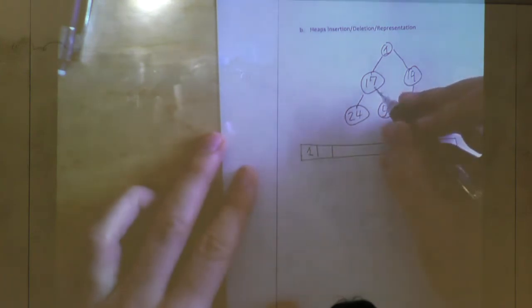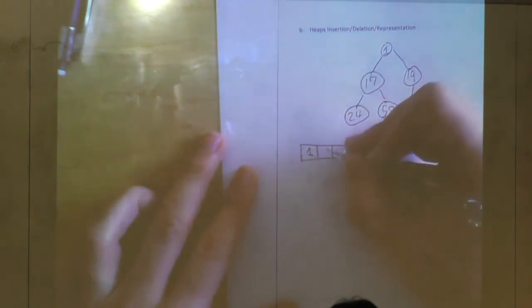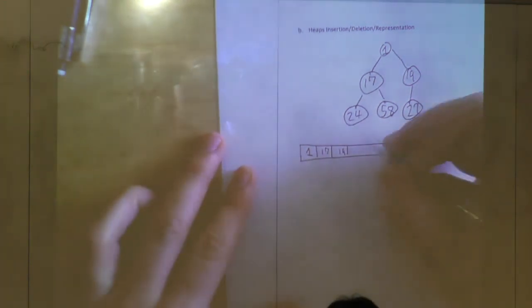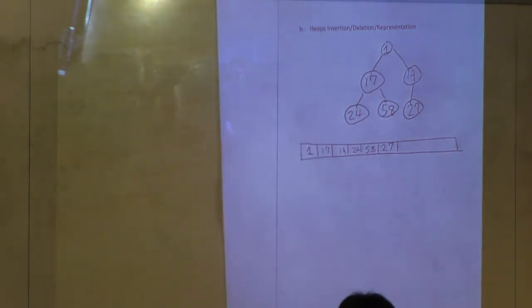So if you have 6 elements, you're going to start out with your first element at the root, and you're going to put 1. And your second element is going to be its left child, so 17. And the right child, so that'll be 19. And then you move to the third row, and you just kind of move across like that. So you're going to have 19, 24, 58, 27, right? And then the rest of this is open for insertion. So